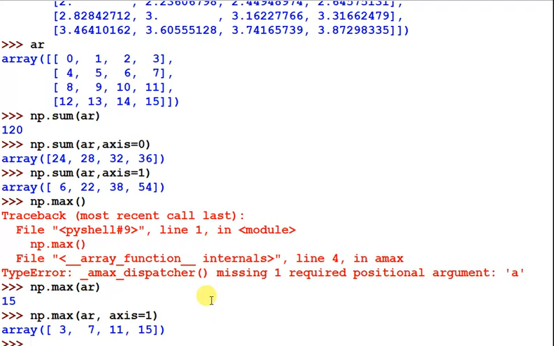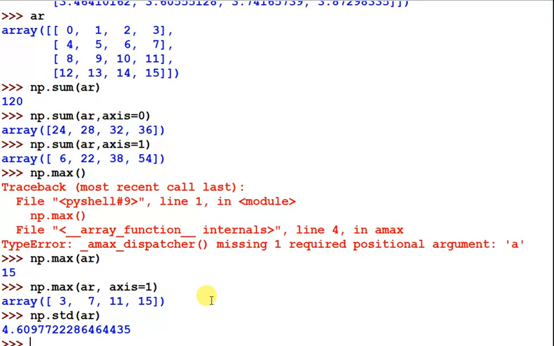If you want to find the standard deviation with np.std, and I pass the array name, it returns the standard deviation depending upon all the values.